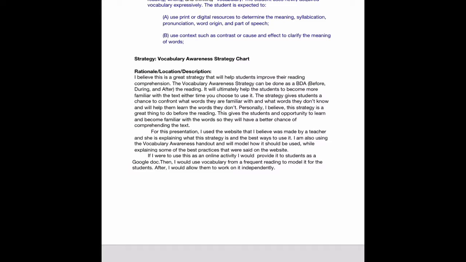Hi guys, my name is Jillian and I am doing the vocabulary awareness chart as my strategy. As you can see, I used a 7th grade TEK for a 7th grade classroom. I think this TEK works perfectly because it talks about using print or digital resources to figure out the understanding and the meaning of the vocabulary word and its context, and that's kind of what this chart is allowing us